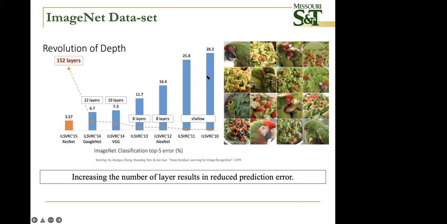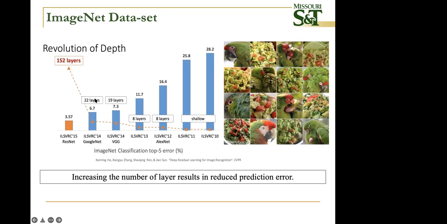You can see in 2010, it had a shallow network, and the classification error was close to about 30%. It's very high. But as you increase the number of layers, going up to 8 layers, you can see the classification error keeps dropping. As you go up to 19 layers, it is about 7.3% error.